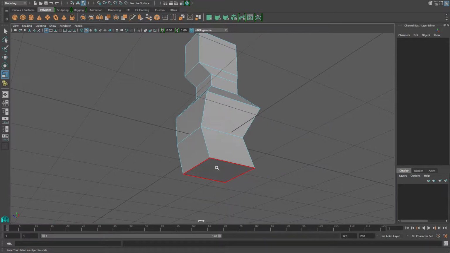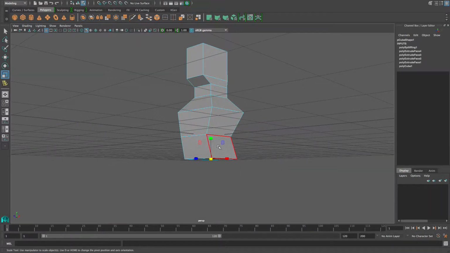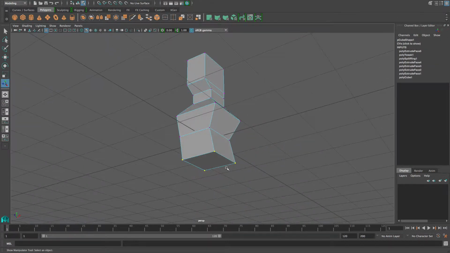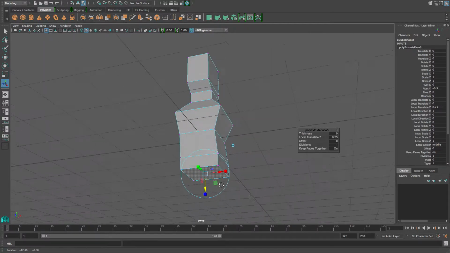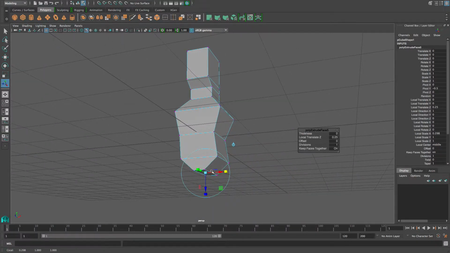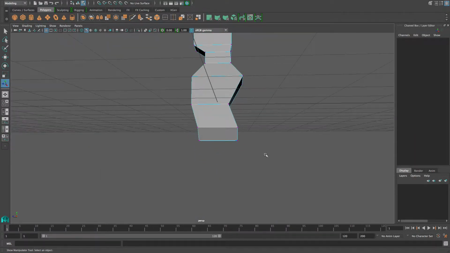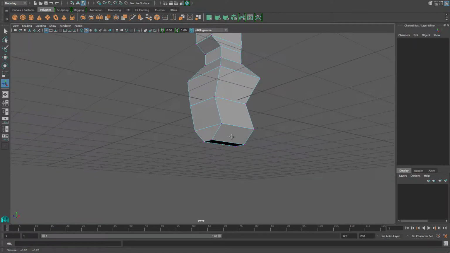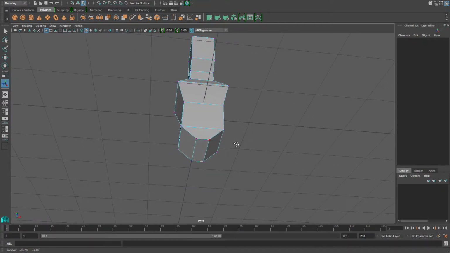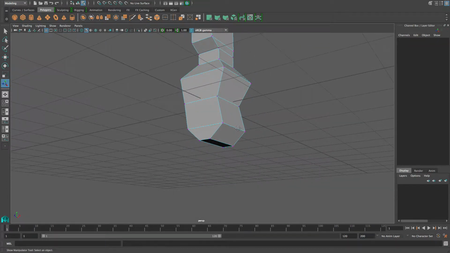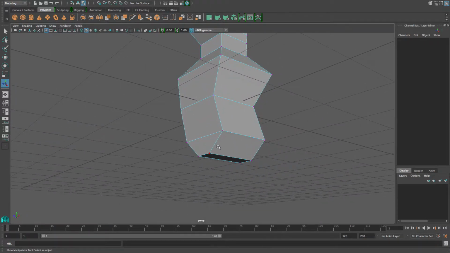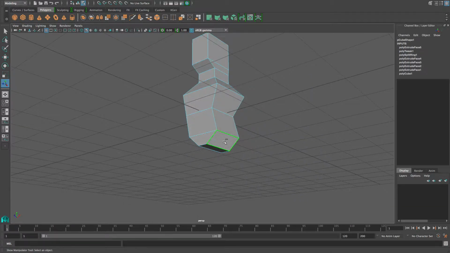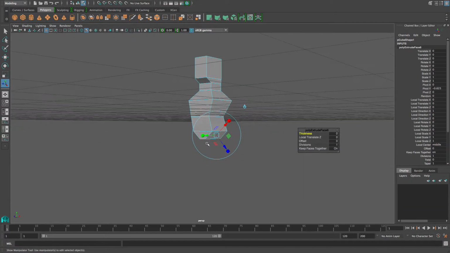Let's extrude another face. Again, Shift, right mouse button, click, extrude. Allows me to pull this down and in. One of the first and worst things the novice student forgets is that we need space down here if we're going to create the legs, and that's what we call inner thigh clearance. We really need that. And I'm just going to grab these two faces right here, and we're going to extrude